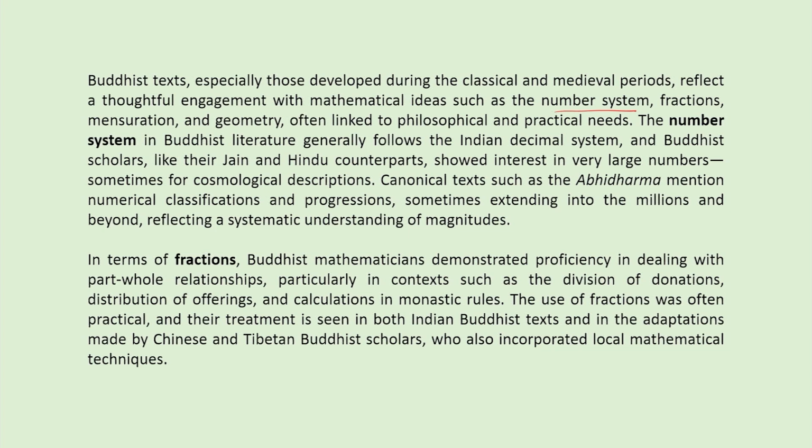The number system in Buddhist literature generally follows the Indian decimal system. Buddhist scholars, like their Jain and Hindu counterparts, showed interest in very large numbers, sometimes for cosmological descriptions. Canonical texts such as the Abhidhamma mention numerical classification and progression, sometimes extending into the millions and beyond, reflecting a systematic understanding of magnitudes. In terms of fractions, Buddhist mathematicians demonstrated proficiency in dealing with part-whole relationships, particularly in contexts